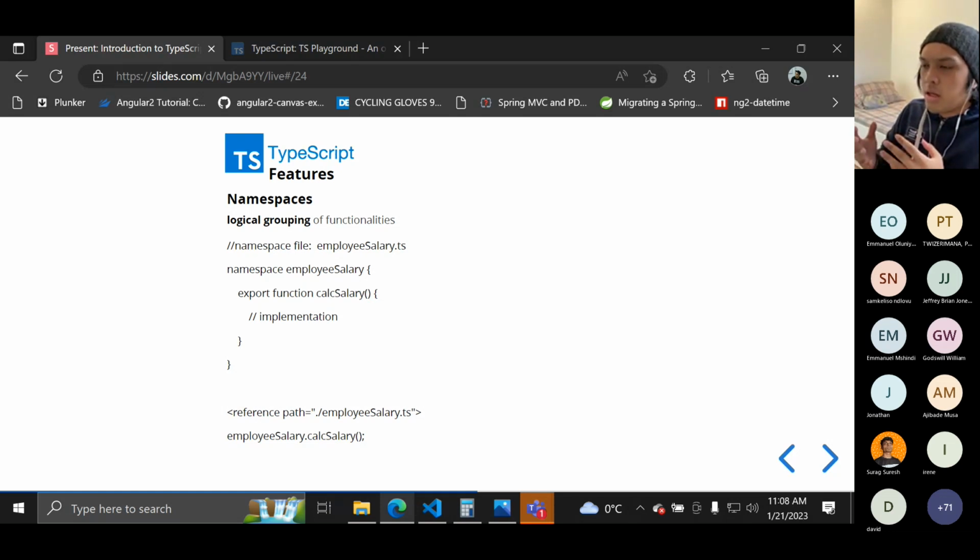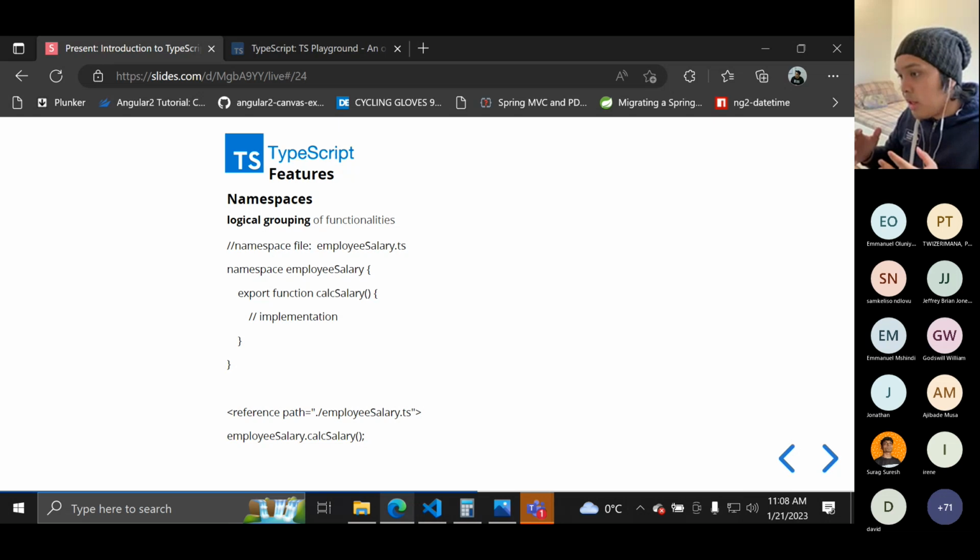This is actually deprecated, as it has been superseded by modules. But this is how TypeScript started grouping or categorizing functions inside the code. Even though it's not used much anymore, it is still available in TypeScript.